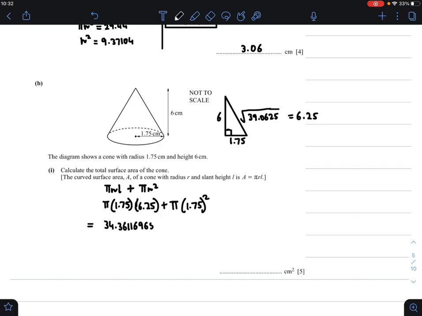34.36116965 plus 1.75 square multiplied by pi, which is equal to 9.621125. So your final answer for part B2 would be 9.621125 plus 34.36116965, which is equal to